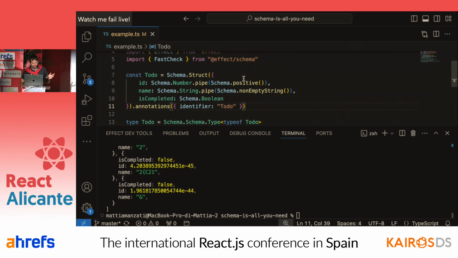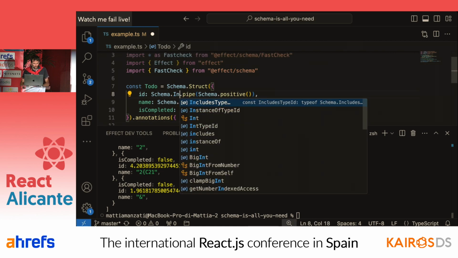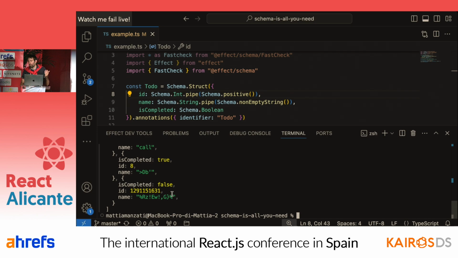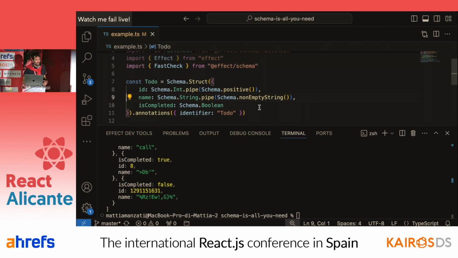And you can also imagine that the more your schema definitions are true and strict, let's say, for example, maybe the ID is an integer, not something like a number, you can see that they become more and more real and like something that the user may have created. So they can become something that maybe you can use in your API to return mock data. And you can also imagine that you can build other things from a schema. Maybe we can also get a JSON schema. I mean, who doesn't like free stuff?